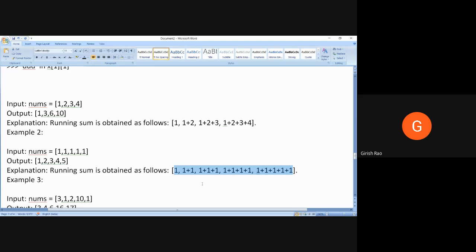Clear? You're supposed to accept a list from the user. Accept as many as you need. For example, if it is 5, accept 5 elements. If it is 10, accept 10 elements in a list. And